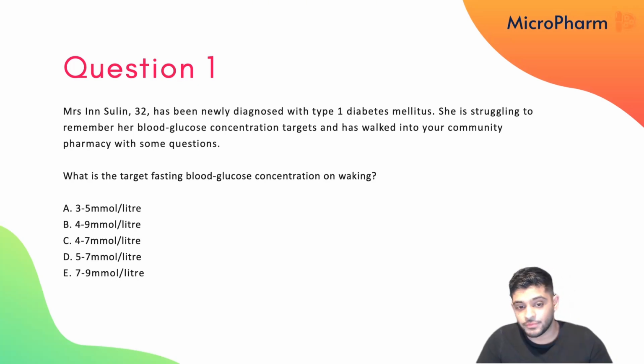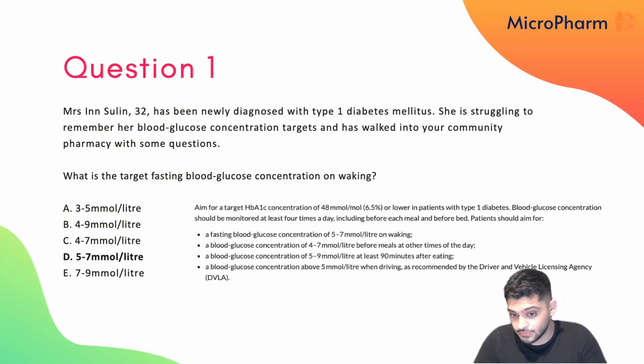So a lot of people have picked 4 to 7, and upon waking, it should be 5 to 7. The only time it should be 4 to 7 is any other time in the day before meals. And I think that's what's led to the confusion. An easier way to remember it, and a way that I teach people, is just think of it this way. If the target was 4 to 7 on waking, and you're telling a patient to target 4 to 7 on